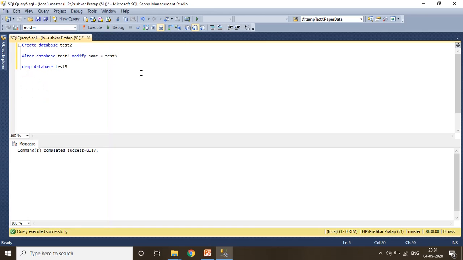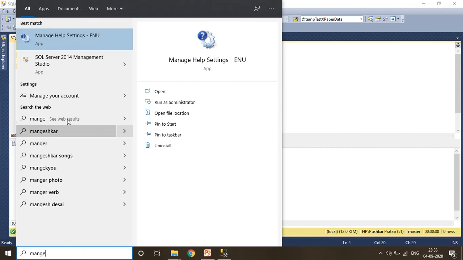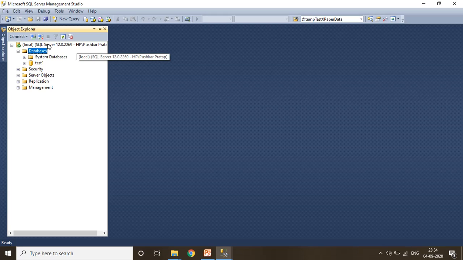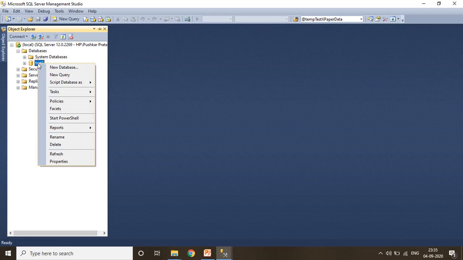Remember, the moment we delete a database, both the .mdf and .ldf files will be deleted. Also remember, when you are dropping a database, the database should not be in use. If you delete a database which is in use, you will get an error message saying the database is already in use. So let's open a new instance of the database server. Here we will go to the database folder and try to delete the database.